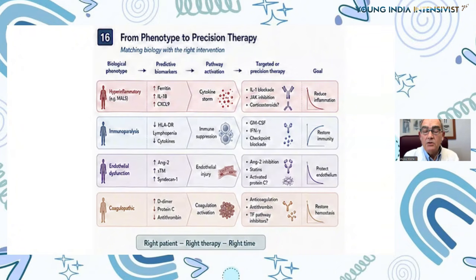The only thing that we can do, in different conditions and looking at what kind of condition prevails, if procoagulation or anticoagulation situation, we have to use the anticoagulant or the antithrombin or tissue factor pathway inhibitors. What I have described can be extremely synthesized in the aphorism: right patient, right therapy, right time.